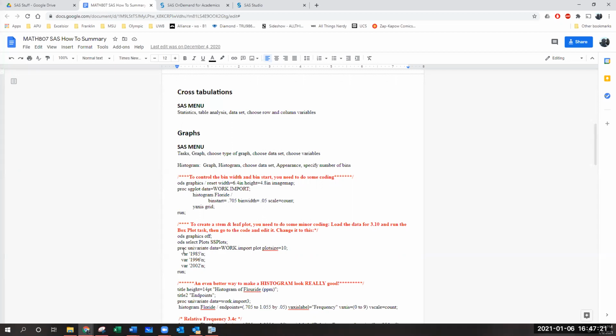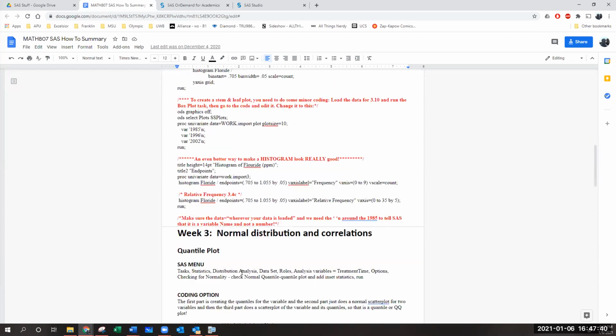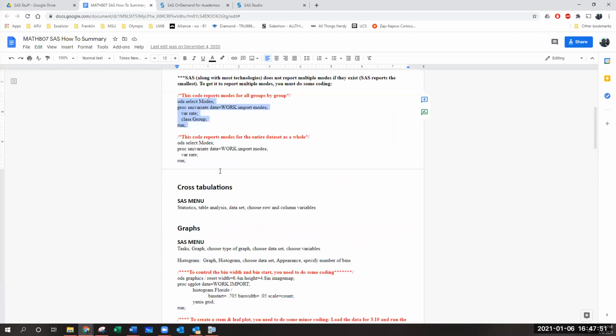And then what variables am I going to run this procedure on? It lists a bunch of variables, and again, you change that if you have to. And then it's got to run. That's pretty much the structure of every program in SAS. It starts with the procedure, you tell it where the data is, you tell it what variables to work with, and then you tell it to run. Above and beyond that, they're just extra little phrases you can put in there to make it do other things.